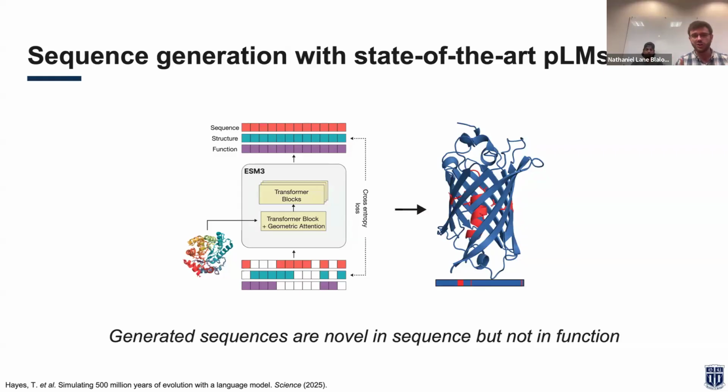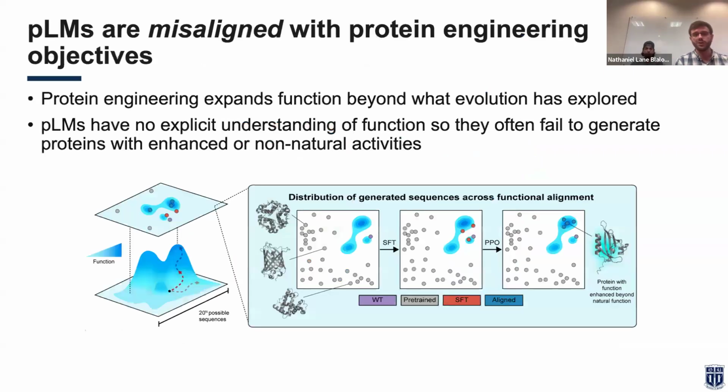So essentially, these generated sequences are novel in sequence, but not in function. And this really leads to an issue with protein engineering objectives. These models are misaligned with one of the core goals of protein engineering, and that's to create proteins beyond what evolution has explored. And we believe this is because they are not pre-trained to gain an explicit understanding